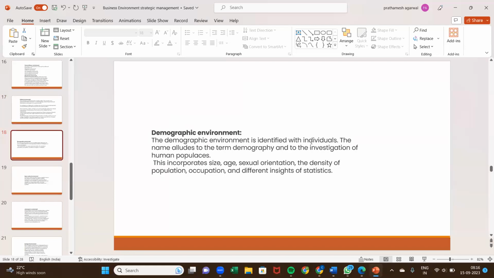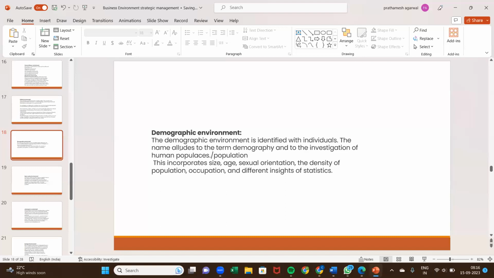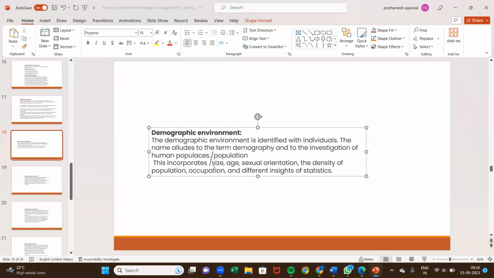Then the demographic environment is identified with individuals. The name alludes to the term demography and to the investigation of human populace. Populace means population, so we are more interested in the population. This incorporates, meaning this includes,